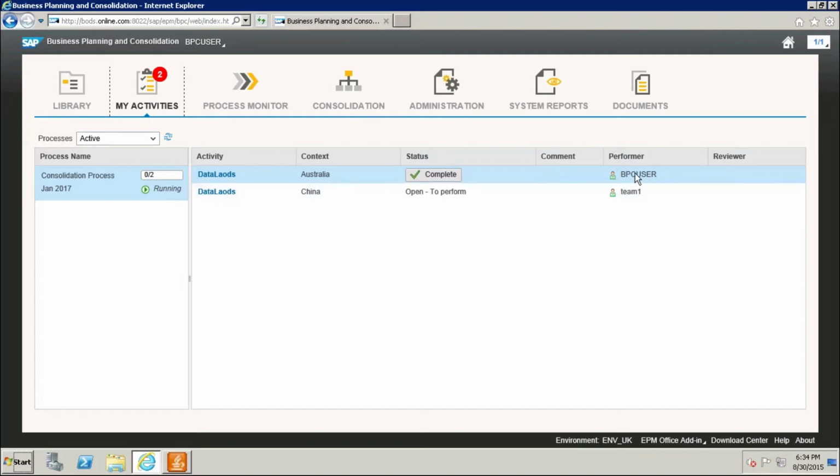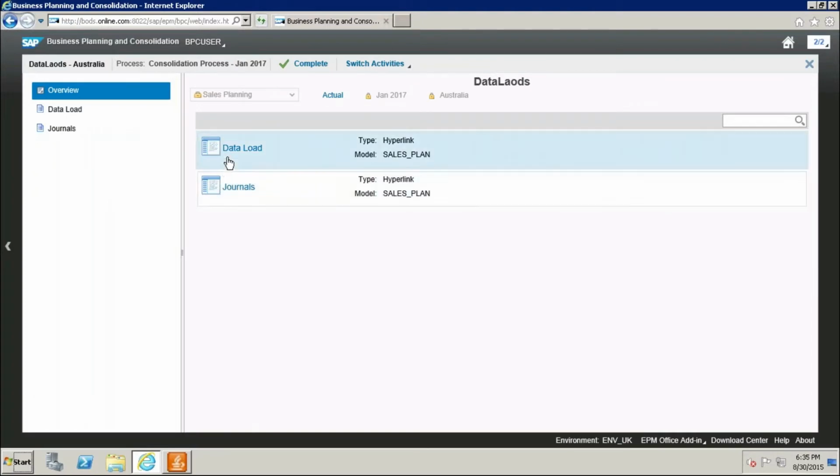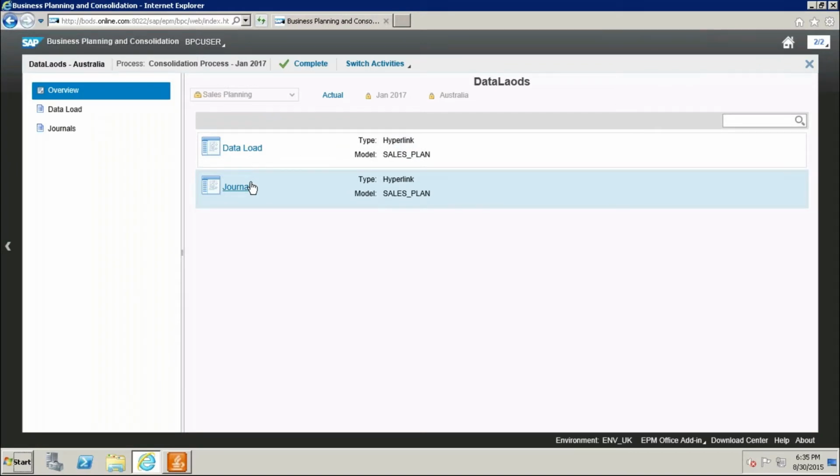Here the BPC user has data loads. The same team 1 also has a BPC user, that is the reason we got the second one. If another user were there, then we wouldn't see this data loads part for the China country, only for Australia. Click on the data loads, and then whatever web links we created in the space, we can see these two web links.